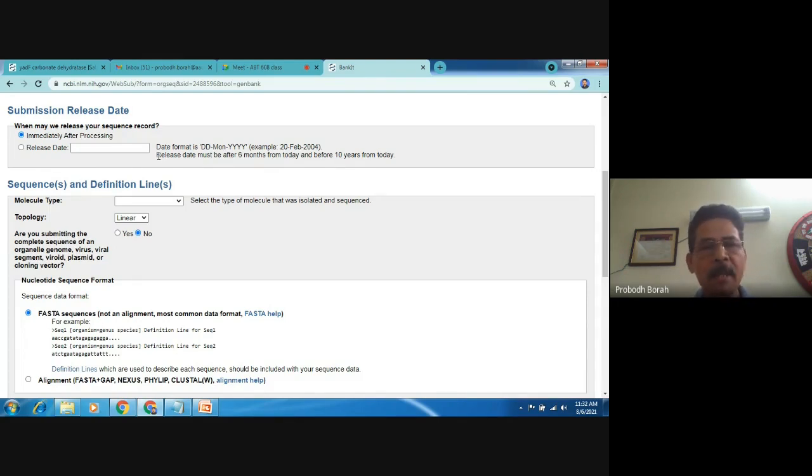Because normally GenBank obtains thousands and thousands of sequence information from different authors from across the globe on a daily basis, and it takes a lot of time to verify and correct or modify the data as needed for uploading to the GenBank database, and therefore it requires a lot of time.